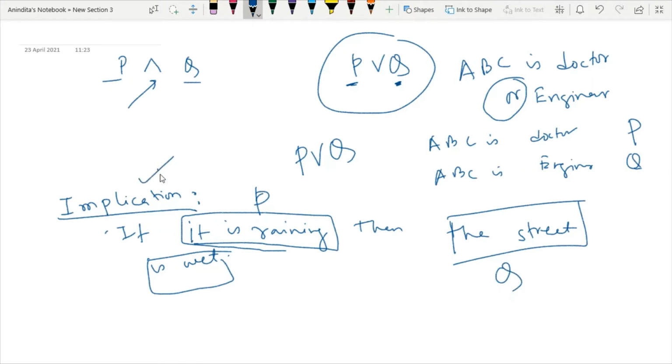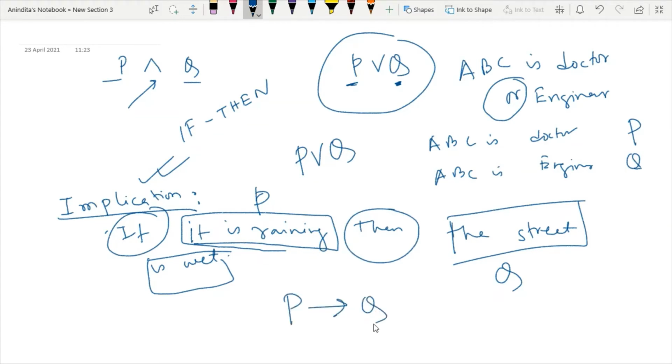Now, what do you mean by implication? Implication is also termed as if-then rule. So, for this if and then word, I will write P implies Q. It means if P happens, then Q happens. So this entire real world scenario can be represented as P implies Q, which is another propositional logic representation. Here you have to remember one point: whenever you find any real world information in the form of if and then, you have to use the implication sign.